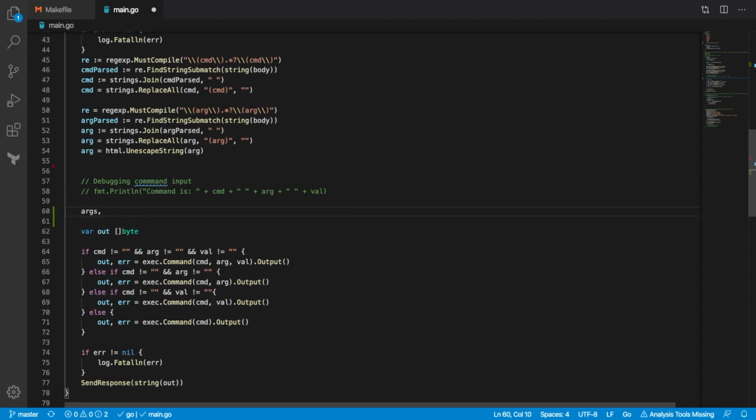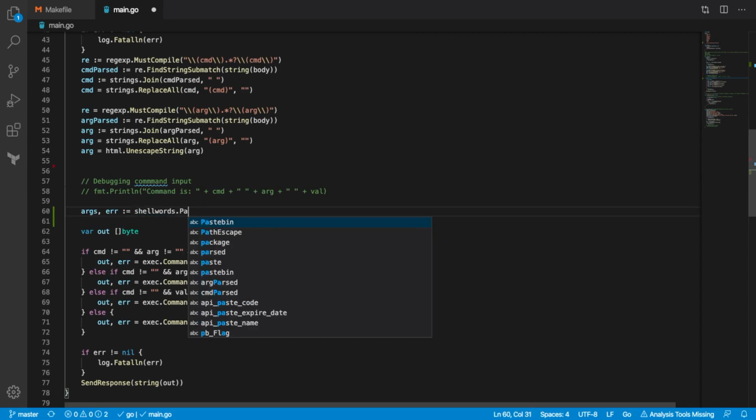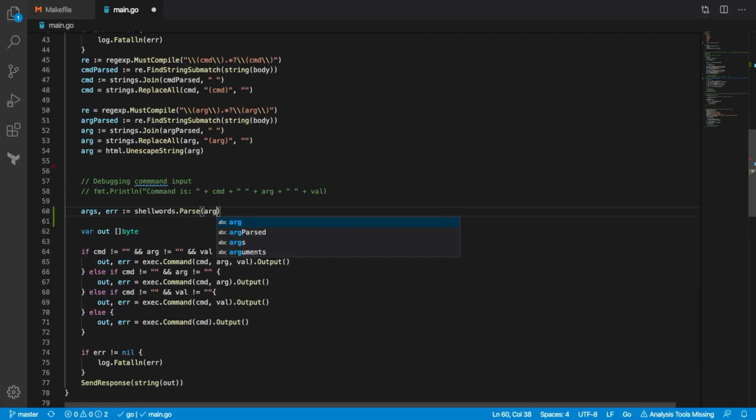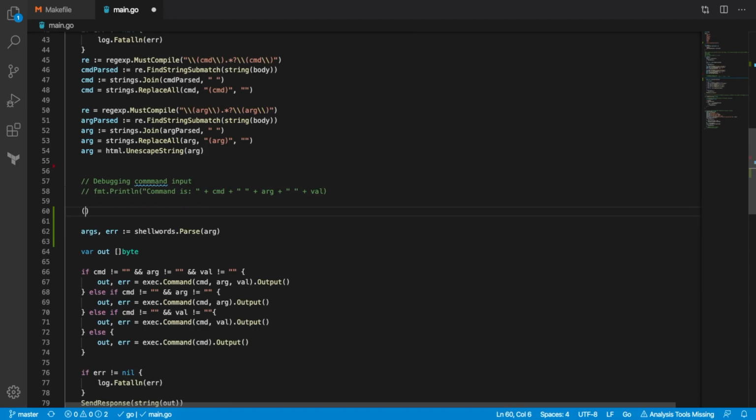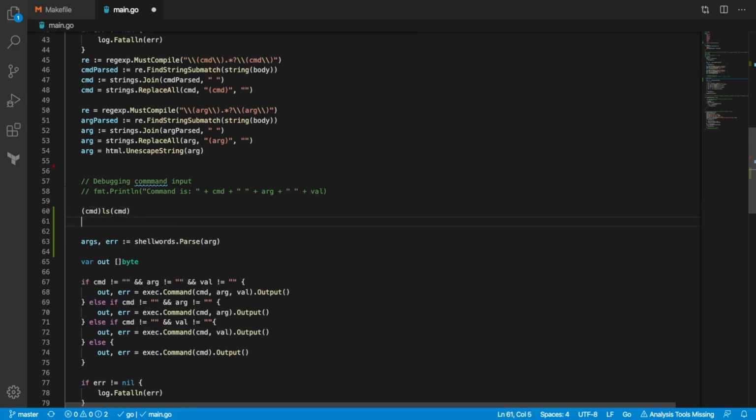So we're going to define an args, kind of like they had in the example. And this is going to be a shellwords.parse. And it's going to take our arg. That's kind of all we need to set up for that. Everything else should be pretty much good to go. We want to parse things out the same way still, but the difference in how we use this is now dramatic. Instead of having to define commands like this, where we say, maybe we want command ls, we can say,